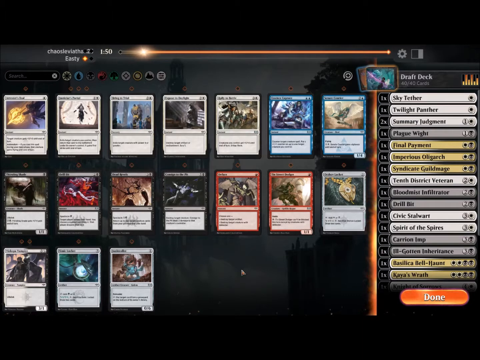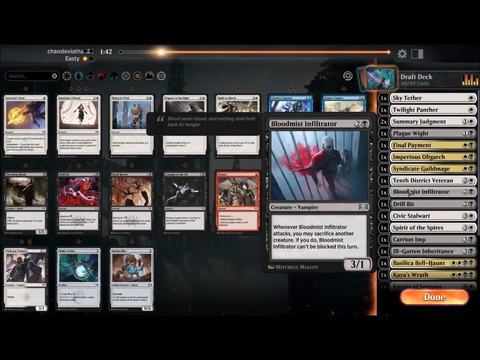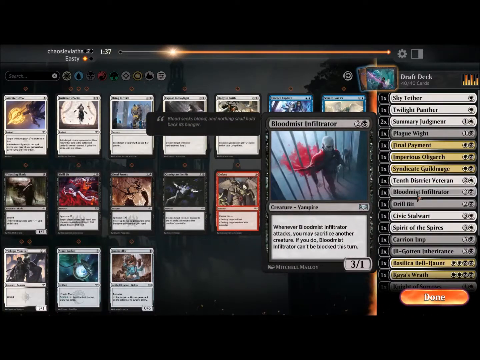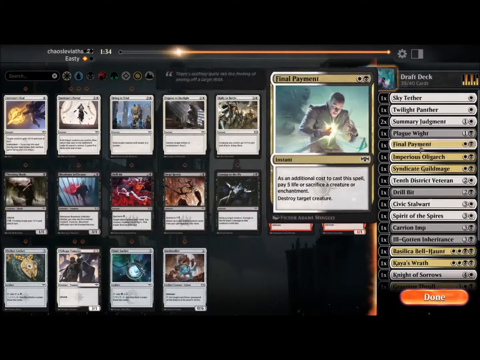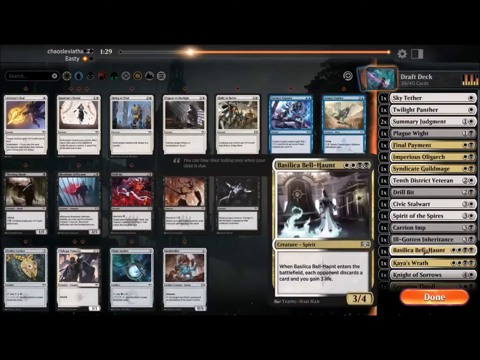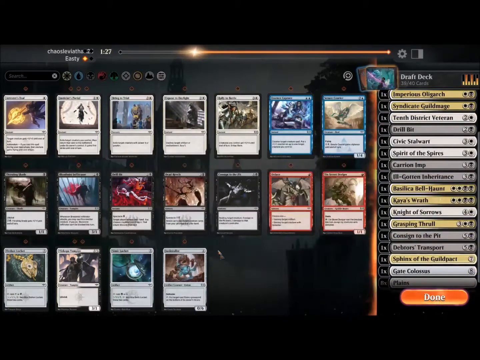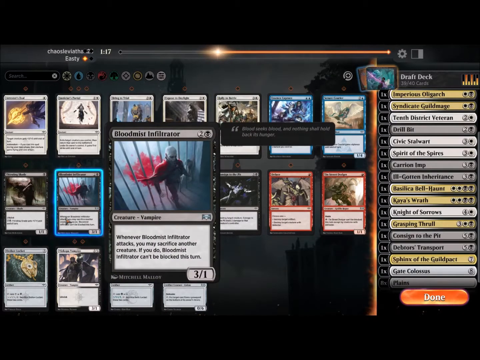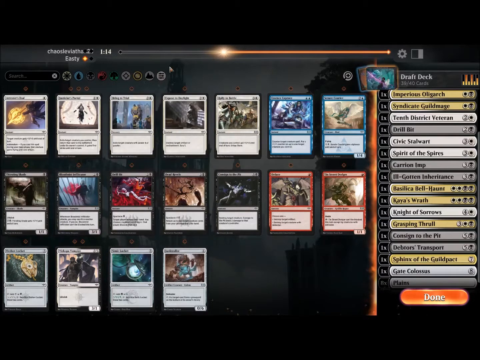Now, knowing what we saw, does that change anything? I'll tell you what, it makes this card worse. The Blood Mist Infiltrator makes that way worse. The Oligarch it makes worse too. But do we have anything better? Like, I don't think Rally to Battle is better than having a creature. So,